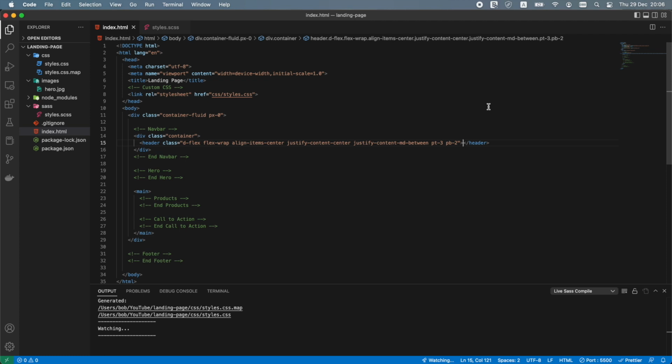The justify-content-center is a Bootstrap class that controls the alignment of flex items. When we use this class, the items will be displayed in the center of a flex container on the screen. The justify-content-md-between class indicates that on medium screens, where the minimum width of the screen is greater than or equal to 768 pixels, flex items will be aligned in such a way that there will be an equal amount of space